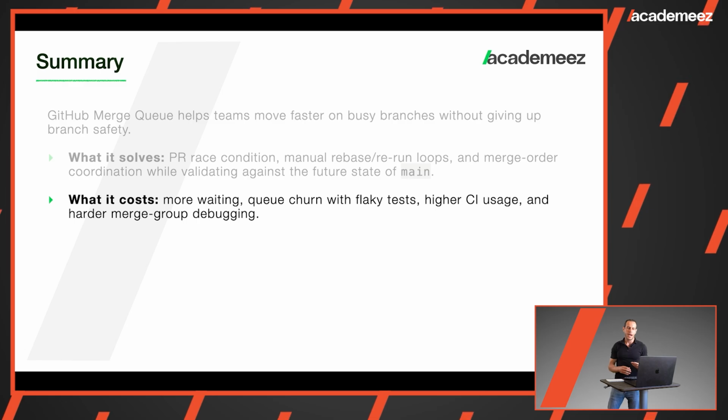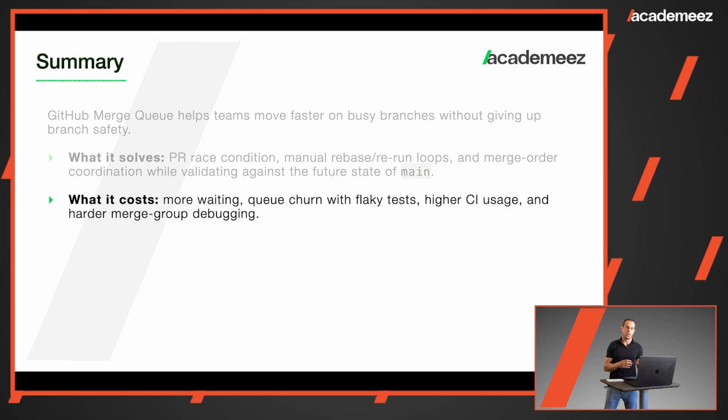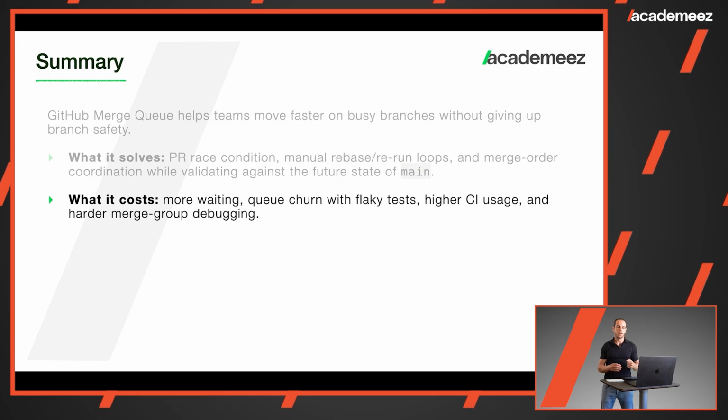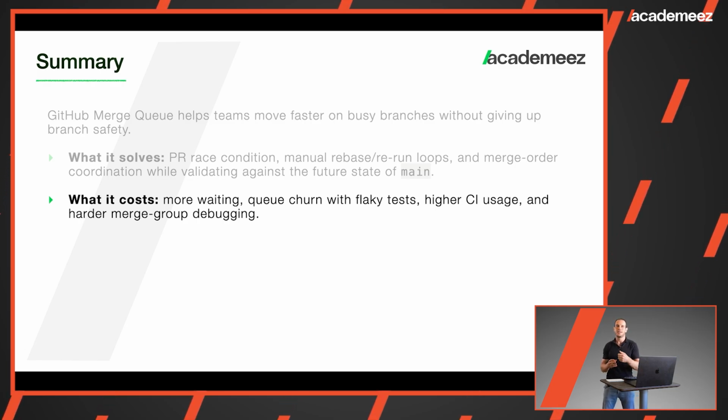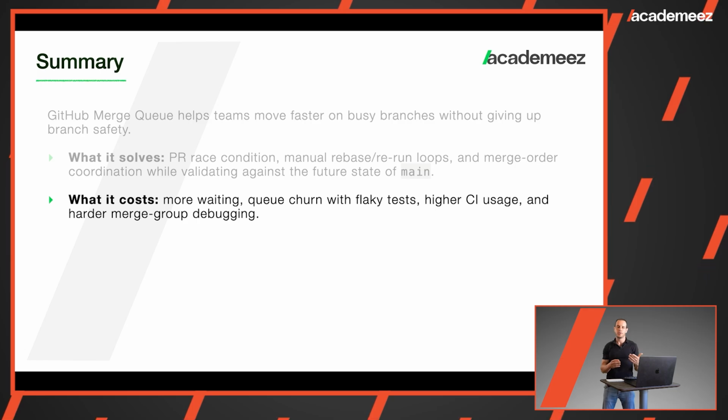We saw that there are downsides to merge queue, right? So you might need to wait more for your pull request to be merged because you're in line with other PRs that will be merged ahead of you. There might be queue churn with flaky tests, meaning that flaky tests might kick you out of the merge queue, which means all the merge group branches ahead of you in the PR will have to be recreated and checks need to be run. So